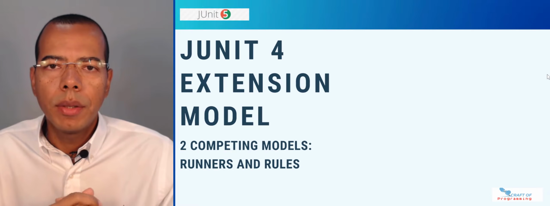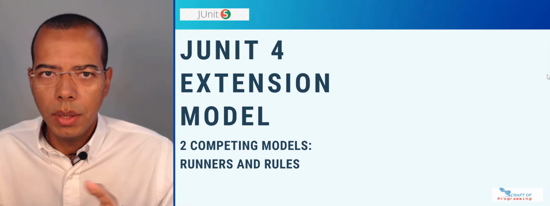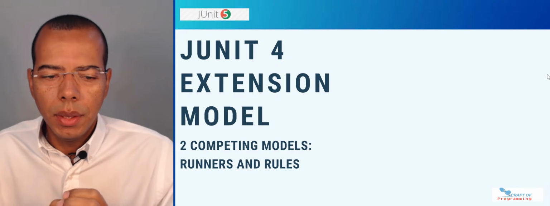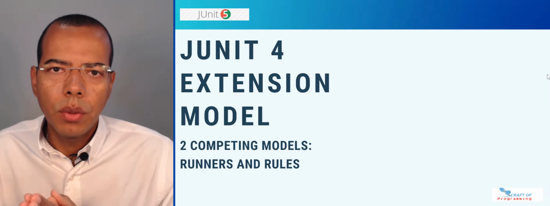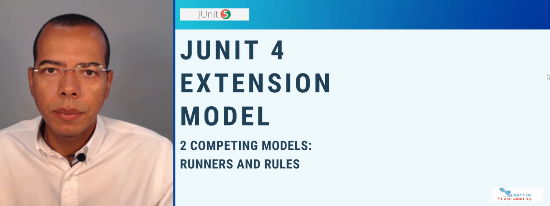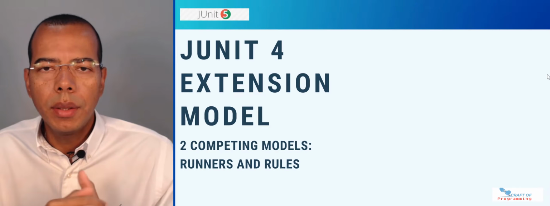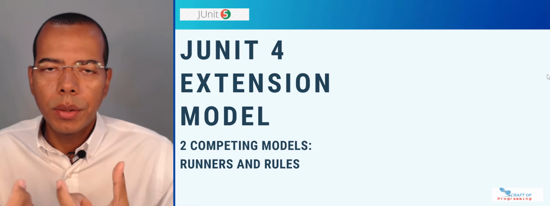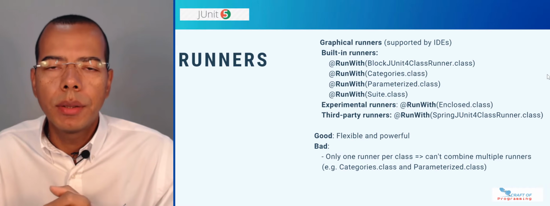Now let's cover the extension model, which is another big change in JUnit under the hood. This addresses the drawbacks of JUnit 4 in terms of how the extension model was handled. As you can see here, there were two ways you could extend a JUnit test: one was via a runner, another via a rule. The reason why they were competing is because the runners basically